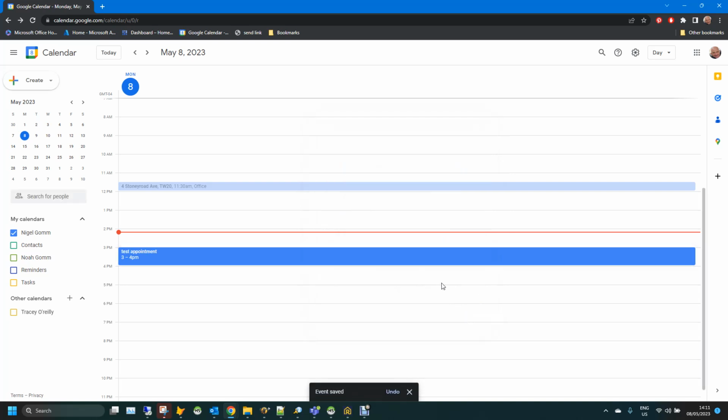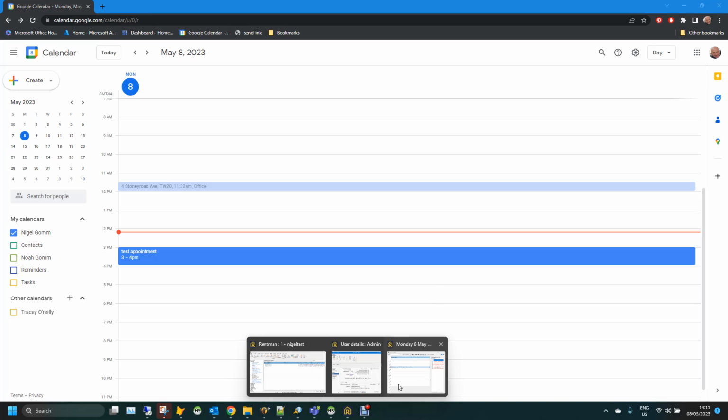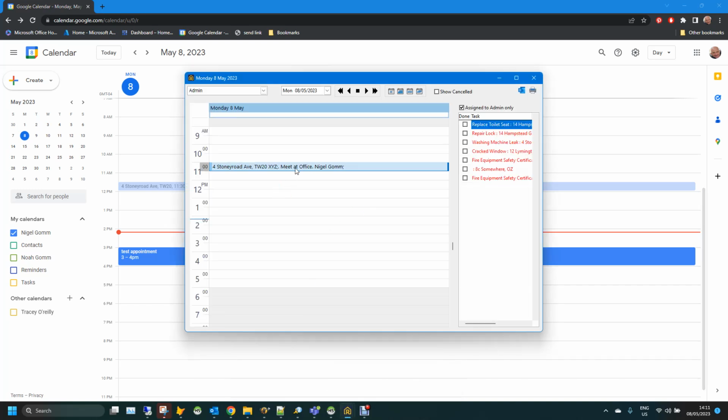Rentman will pull it back into the Rentman diary, but of course it'll be an orphan because it won't know the applicant, the property, the landlord to which it applies. So good practice is to always enter things into Rentman and let it upload rather than into Google and have them download. But if we now go back to our